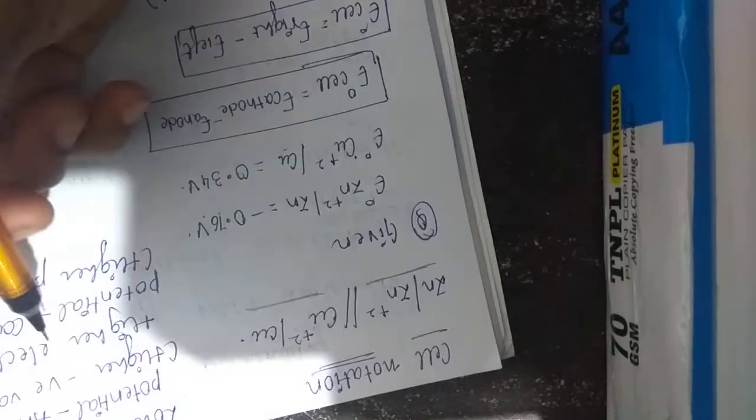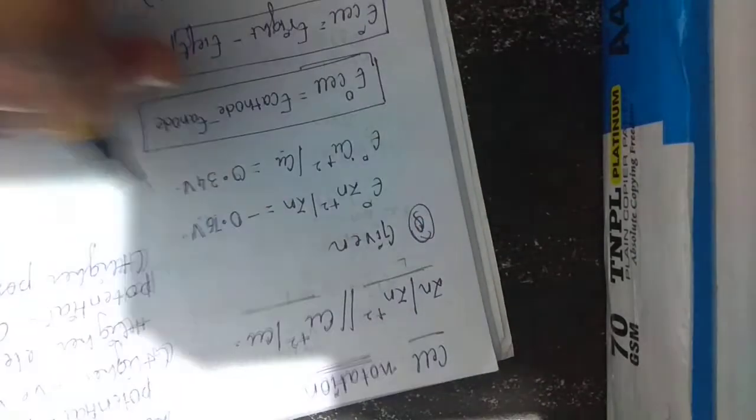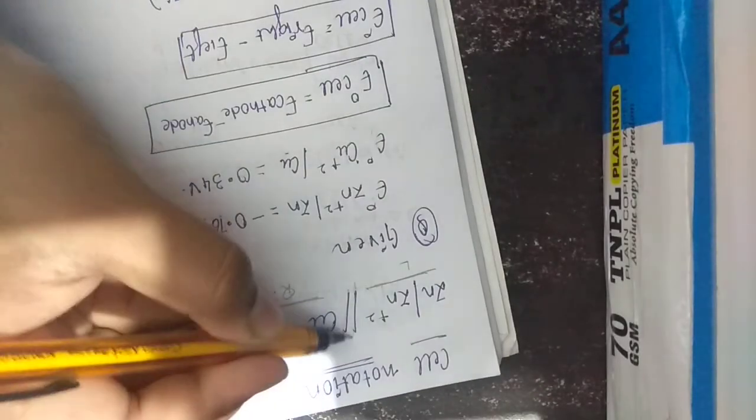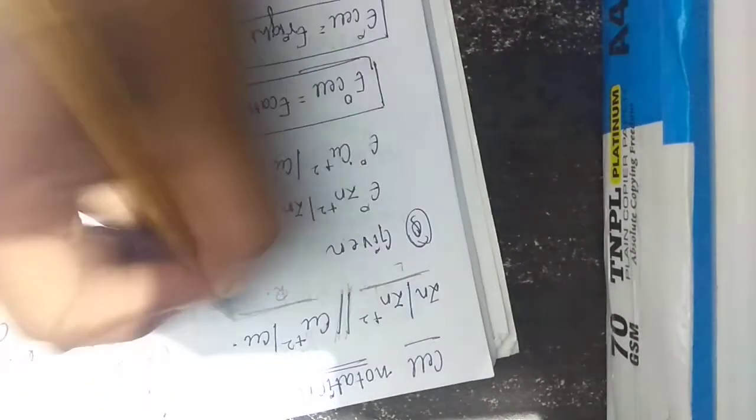Okay, the anode half cell as we saw and the cathode half cell as we saw. So the anode should be placed on the left and the cathode should be placed on the right. And this is also a barrier between them, this indicates the separation between the left and the right. And now,